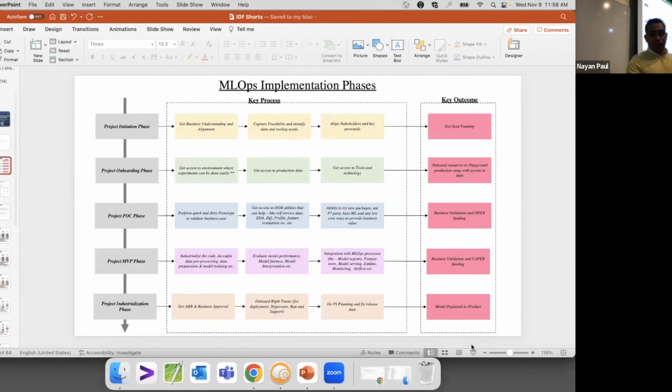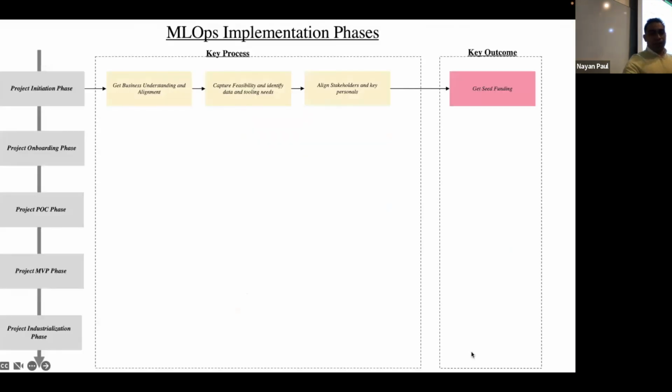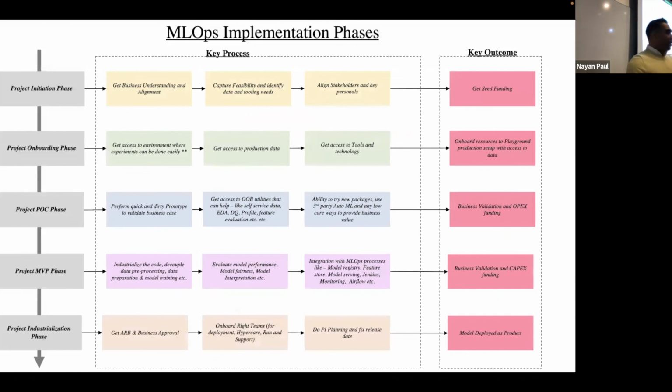So this is something we talked about. You might have missed it, right? So this is where eventually you talk about the industrialization. And there's something called a business and an ARB, right? ARB approval is all about architecture review board. So once you have your model registered, you have started asking questions, you have to take it to your